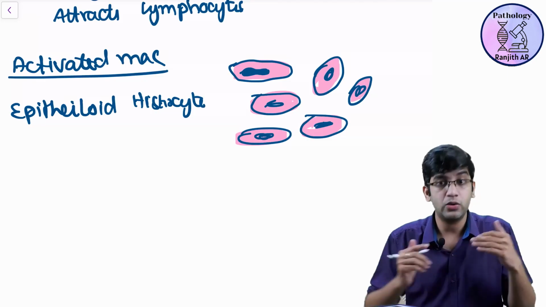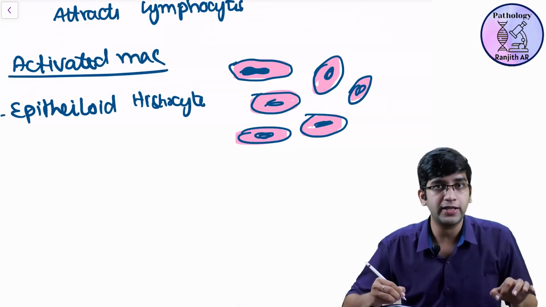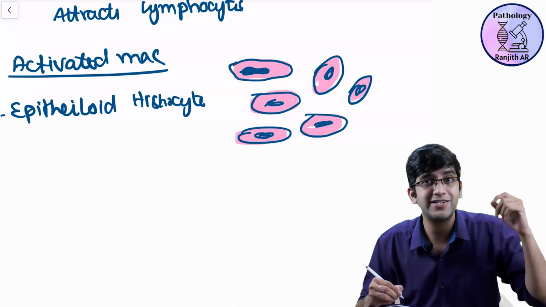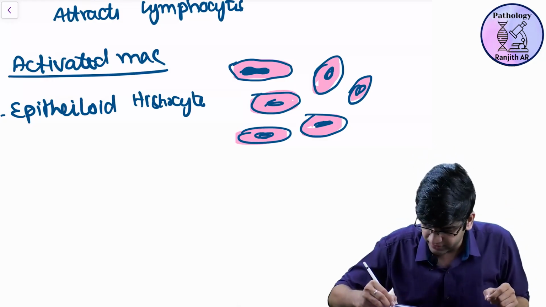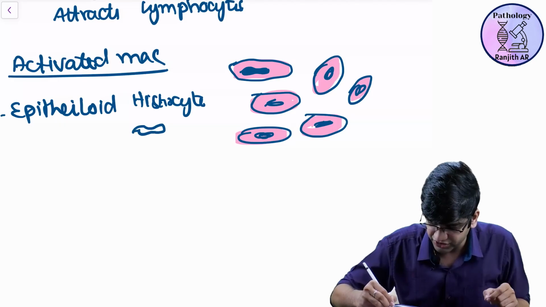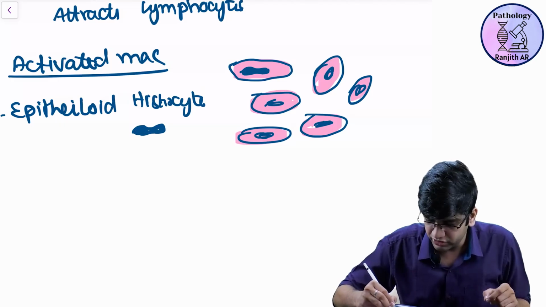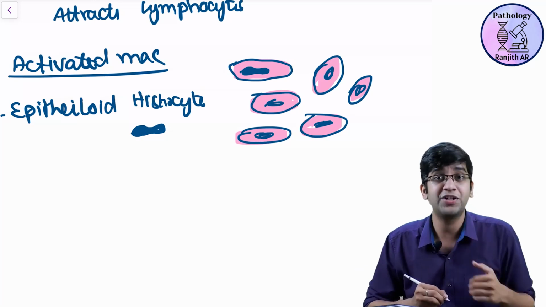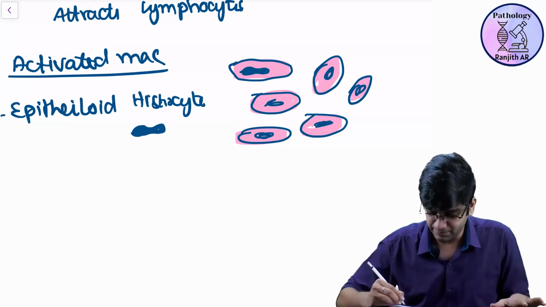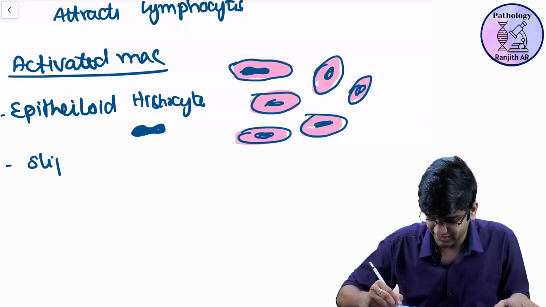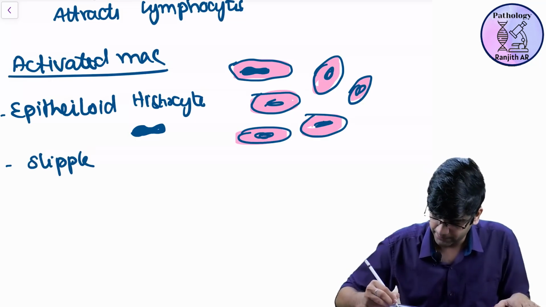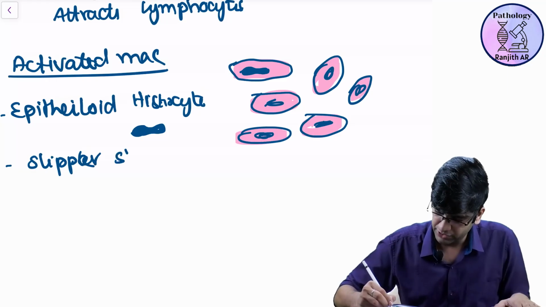How do they look? An elongated nucleus. The person who first saw it, for him a slipper came to mind. It looks like this, with a central constriction. I would have called it dumbbell. I don't know from whom he got a hint. He called it a slipper shaped nucleus. Fine, let it be. Slipper shaped nuclei.